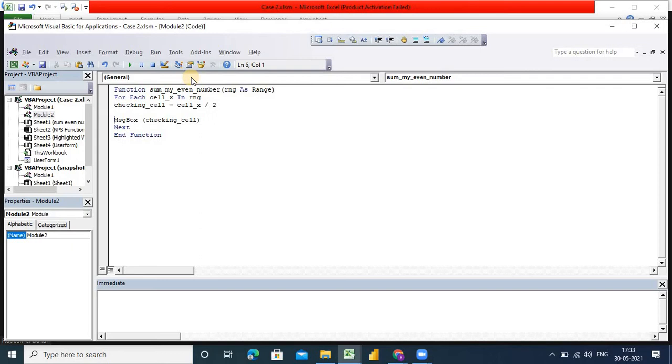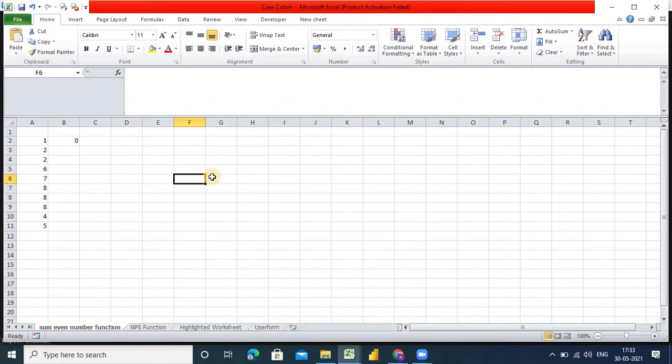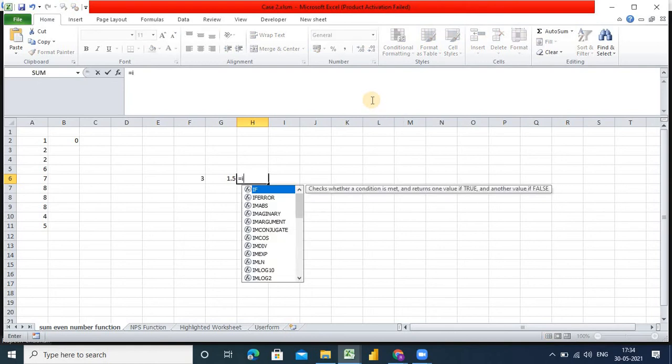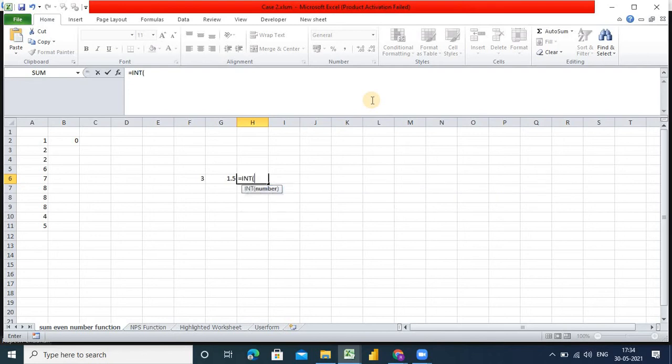First I am doing this in Excel so you get a better understanding. Suppose there is the number 4, and I divide it by 2, so my output is 2. Now if I divide 3 by 2, it is 1.5. So how can I capture this decimal value? For that I will simply use the integer function, INT.